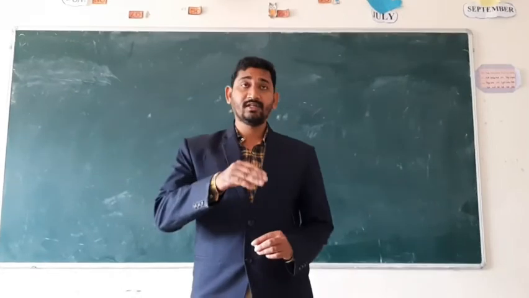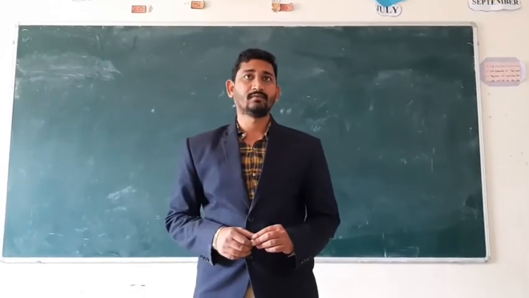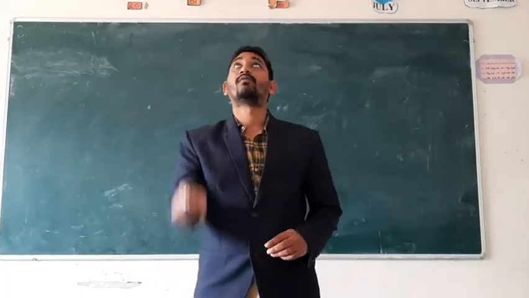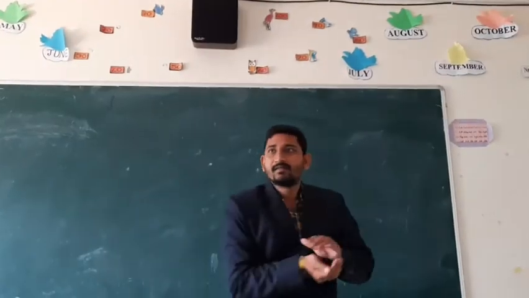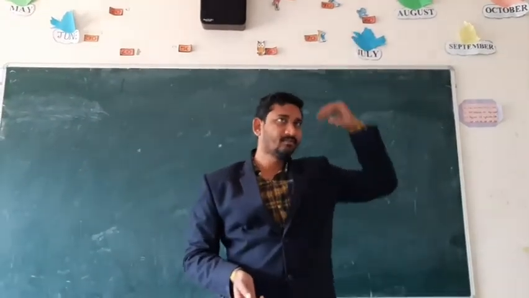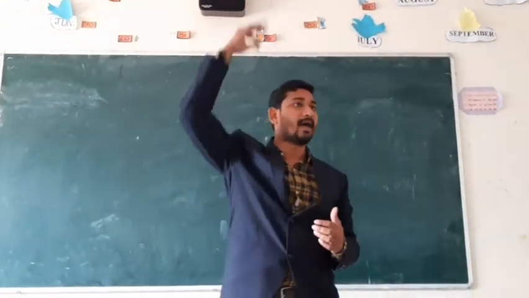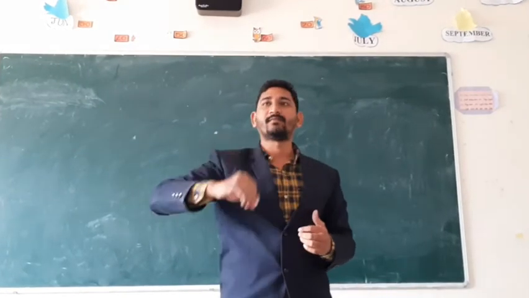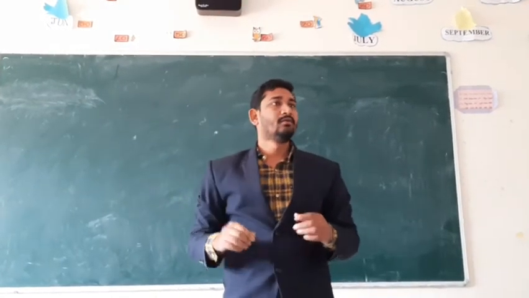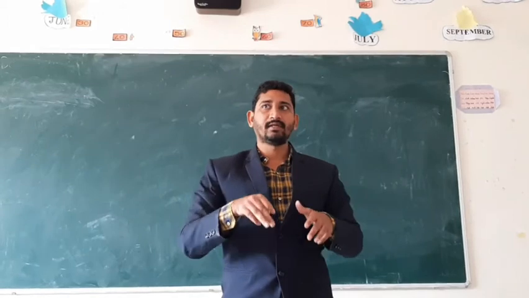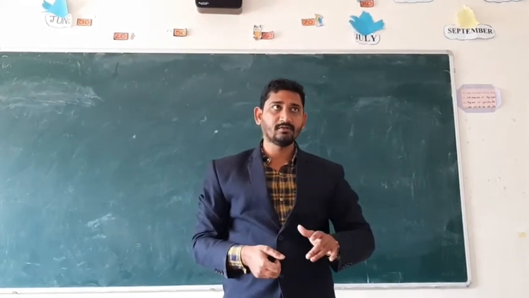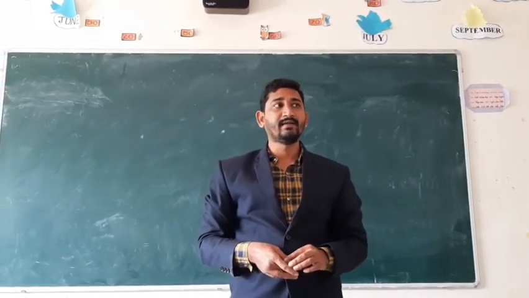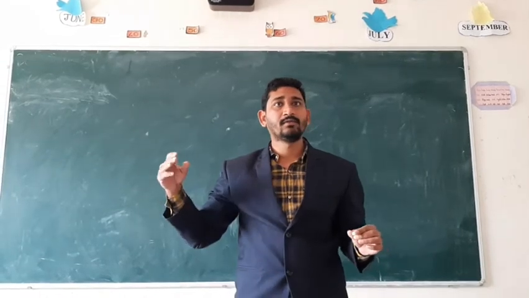Yesterday, a day before yesterday, I gave you one homework. I had thrown one object upwards. After reaching the maximum height, consider this path from here to there. Two works are involved here. Which one is positive and which one is negative? And in which case will the work become zero?